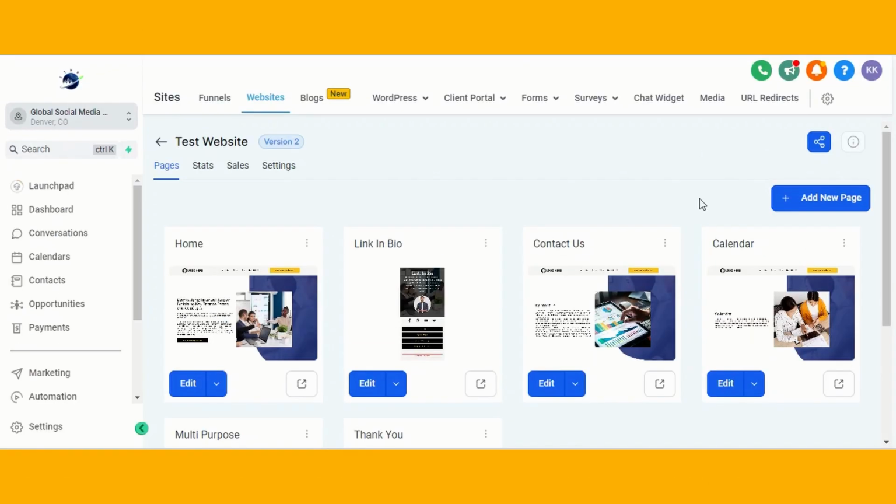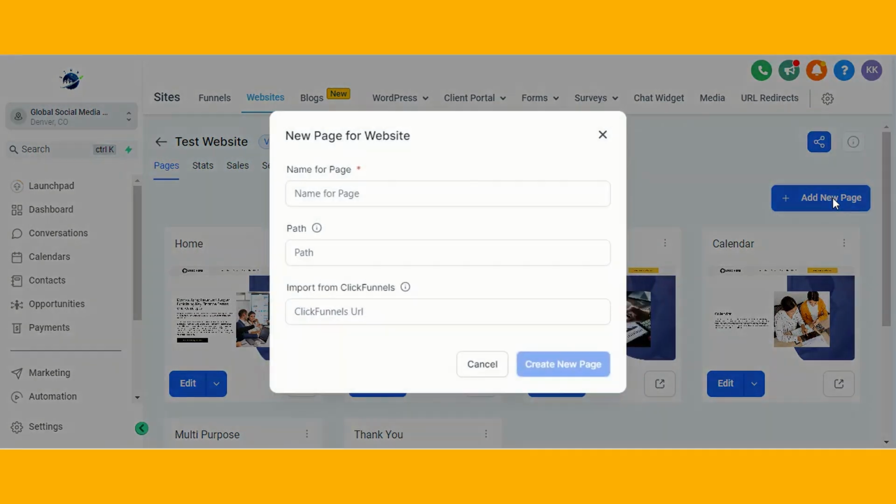This is where you can manage all the pages for your site. As you can see, we have imported this pre-made template, and it by default comes with 6 pre-made pages. You may want to add pages to your site, such as services or pricing based on your business needs. So, to add new pages to your website, simply click on Add New Page and give a name to your page, such as Services, enter the URL slug,